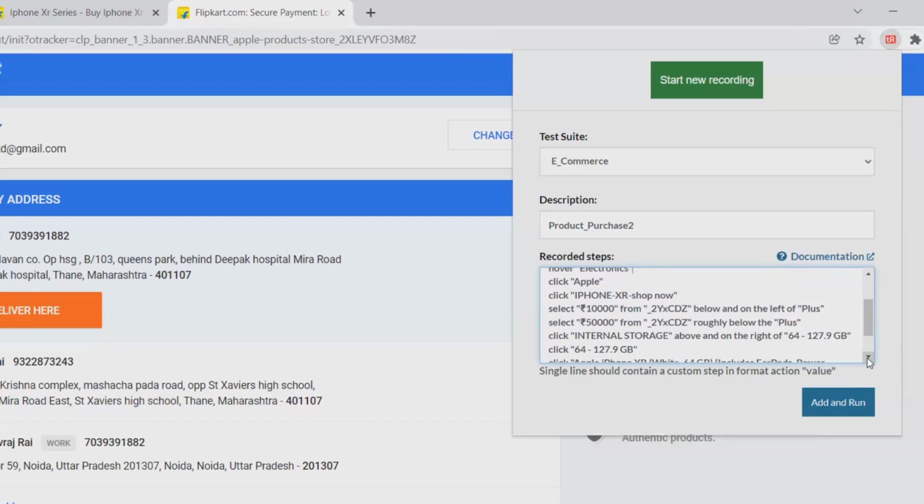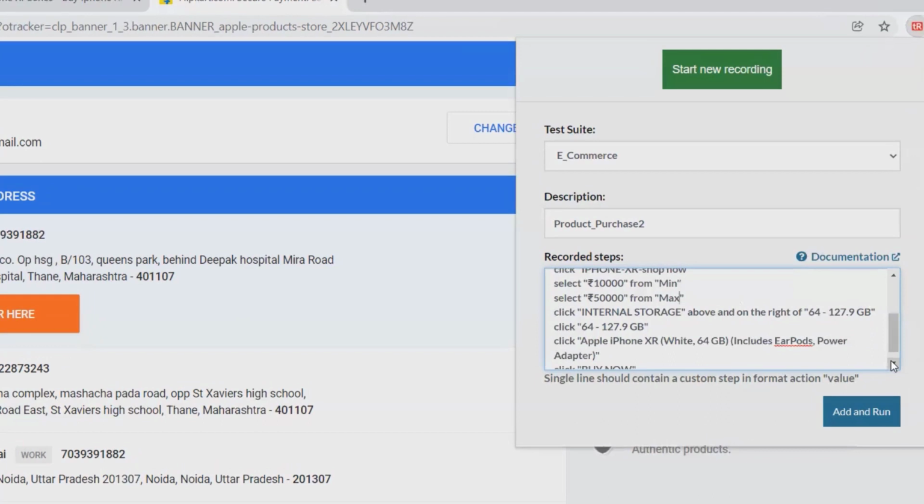Then I selected minimum and maximum range. So when I selected from minimum, I just have to define here min rather than specifying everything min, and here I need to define just max. Done. Post that, I clicked on internal storage, and inside the internal storage, simply